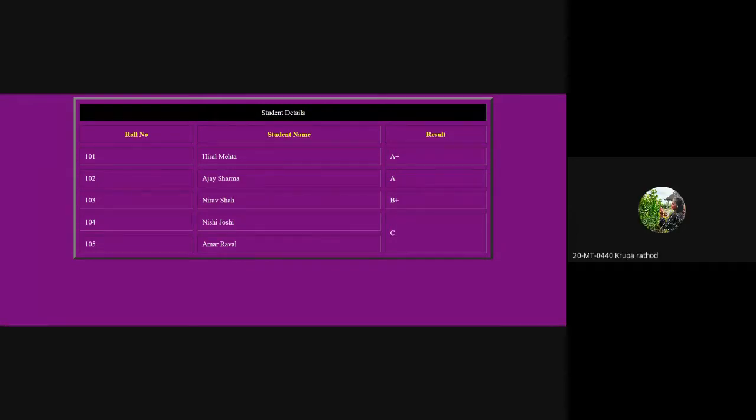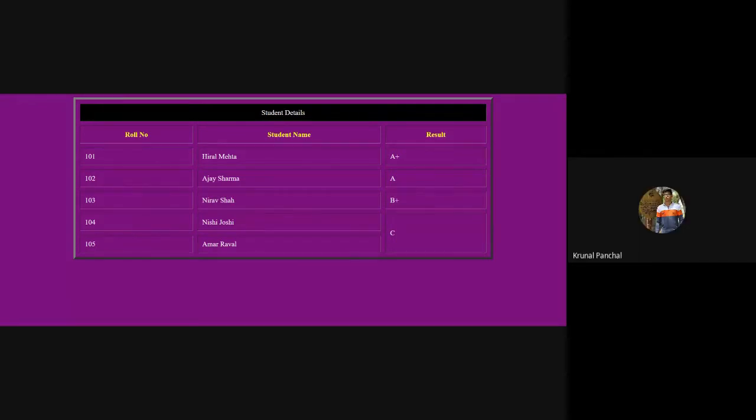In one row, 3 TD. In one row, 3 TD. Perfect. Alignment will be center for the subheadings. Yes, for subheadings. Then what other attributes can you see? Table alignment is center. It's in the middle of the web page.